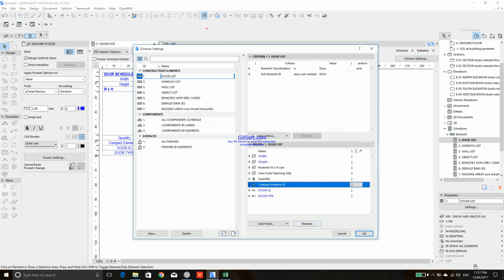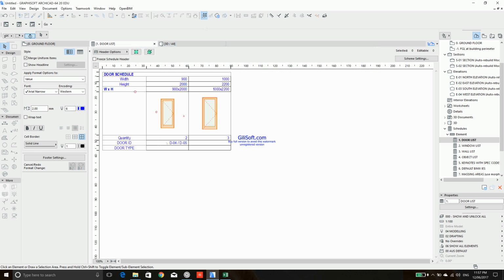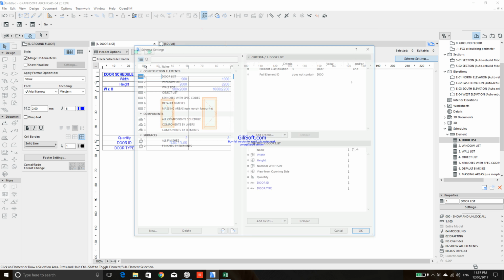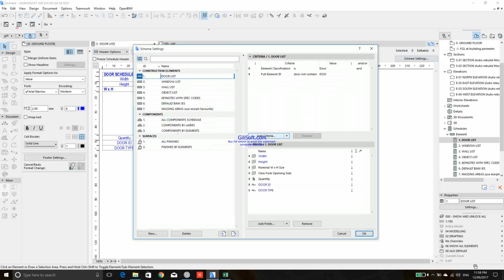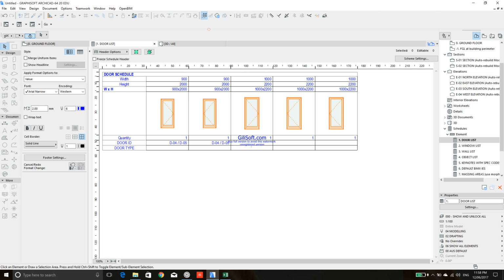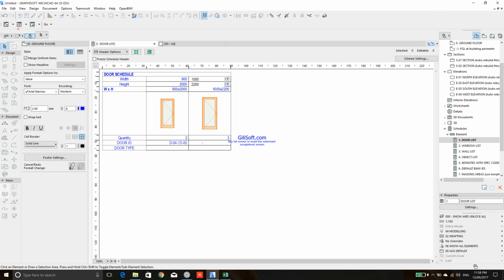When you turn that off, you remove it because you don't need it anymore, you'll end up with this. These doors have no door ID, so they will show like that. And the only reason I had my element ID in my schedule was so I can see the numbers when I'm adding them. Otherwise, if you know the numbers or you have them printed off or something, you can simply add them in without having the element ID on, and you can just make the changes and it will fix it all. So if you know the IDs off your head, all you do is merge them, and you just simply add the 05, let's say